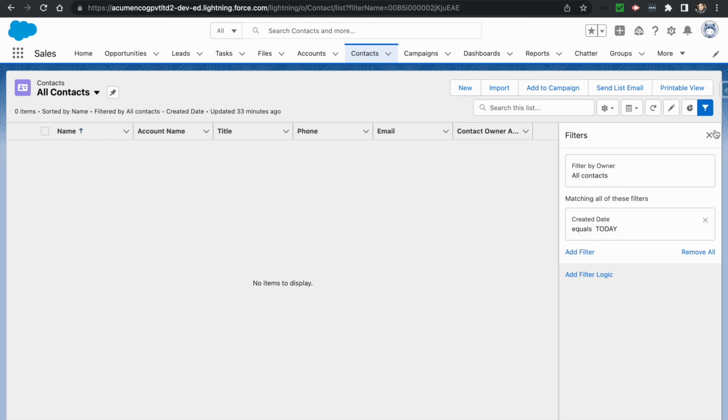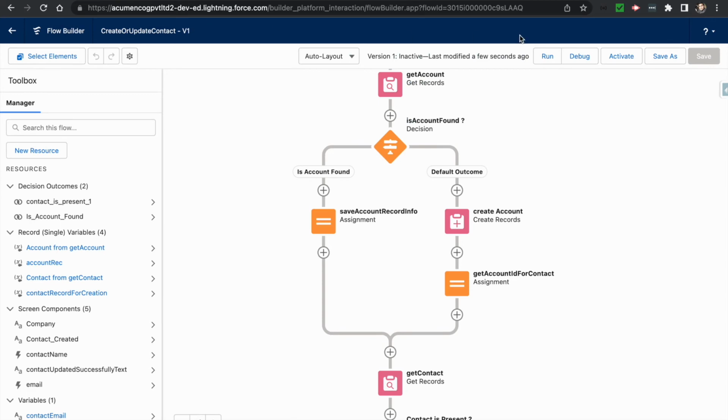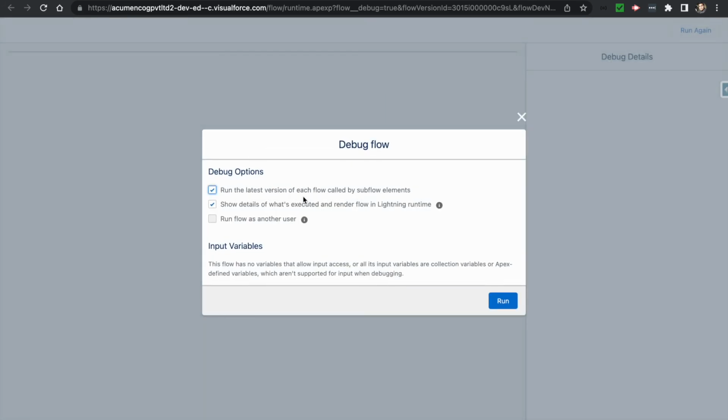Since right now we don't have any contacts created, this list is empty. So we go here and I click on the debug button. We want to run it on the latest one, so I have checked this one. Then there is this second checkbox. You want to show the details when you are running this flow. So on the right hand side, you have details of what values you had captured during the